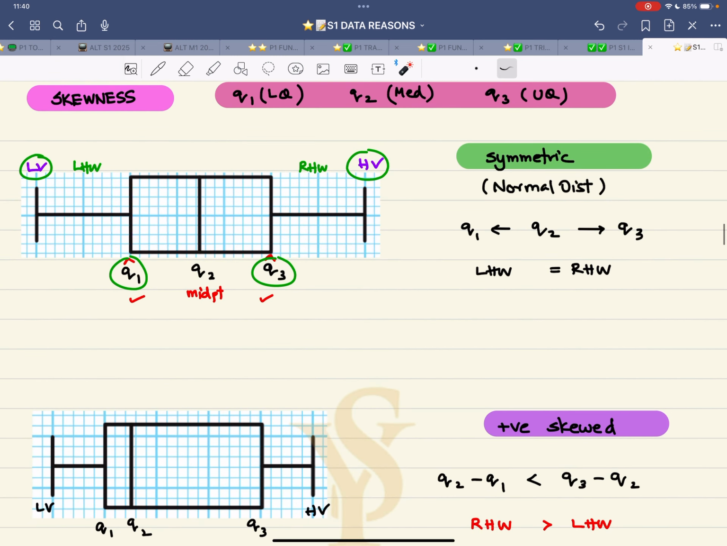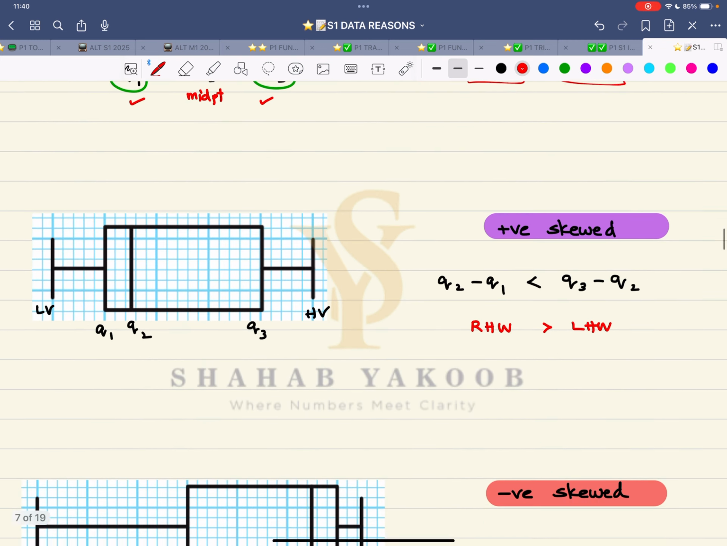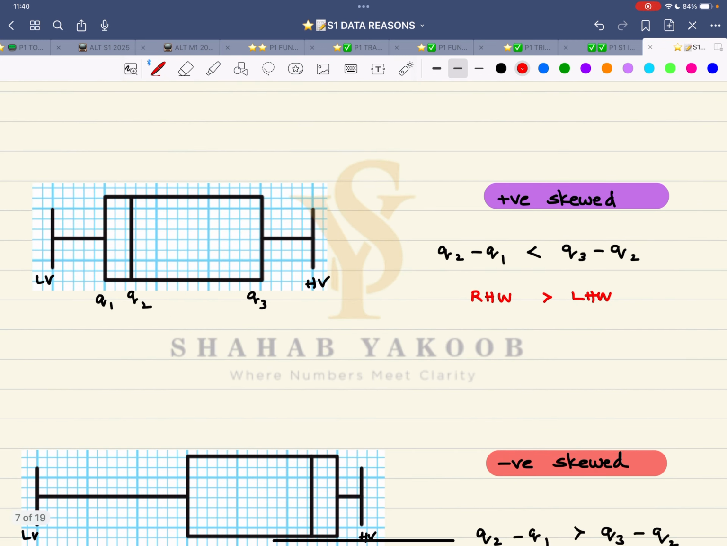So over here, what we observe is that this length and this length is the same. The median is in the middle. So this is a symmetric distribution, just like normal distribution. The left hand whisker and the right hand whisker is of equal length. Over here, the right hand whisker is slightly bigger. If you look at it, not in this diagram, but in general, when it is positively skewed, we know that this region is much more as compared to this. So the difference between median and upper quartile is more. It's mostly on the positive side, as we can say